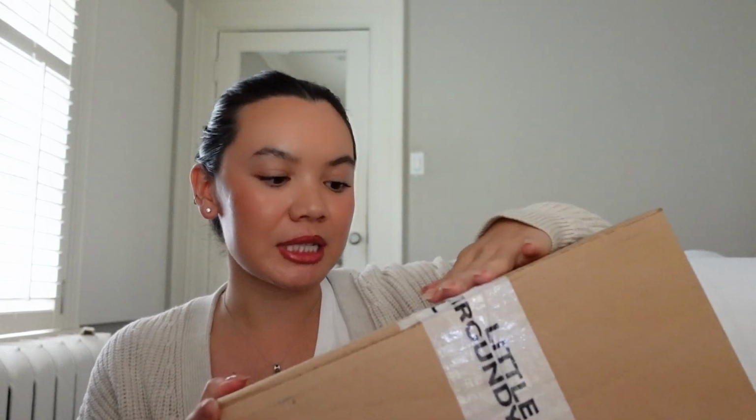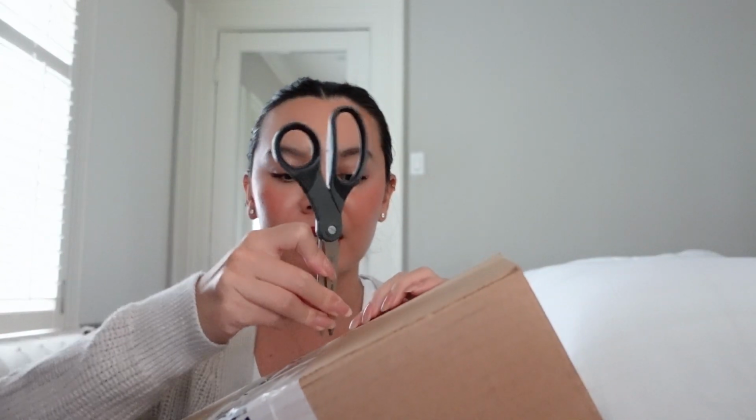So I ordered my shoes from Little Burgundy. I don't know if this is a Canadian only company. I'm not entirely sure, so if you are not from Canada, I don't know if you can order this color from here or not. Sorry about that, but they didn't have this color on the actual UGG website, but they did have it on the, I think, Foot Locker website, which I do think there is a Foot Locker in, at least in the US. So anyways,